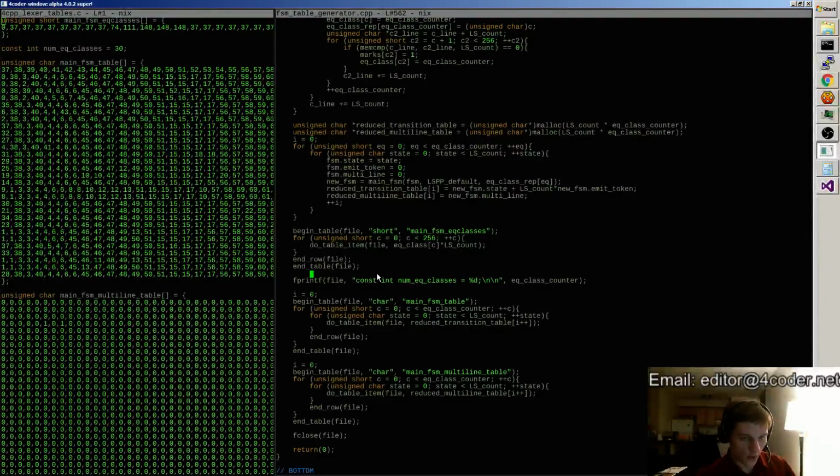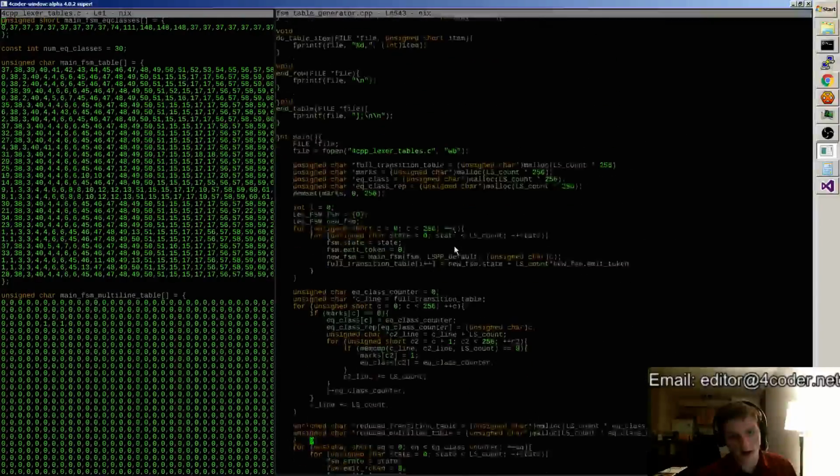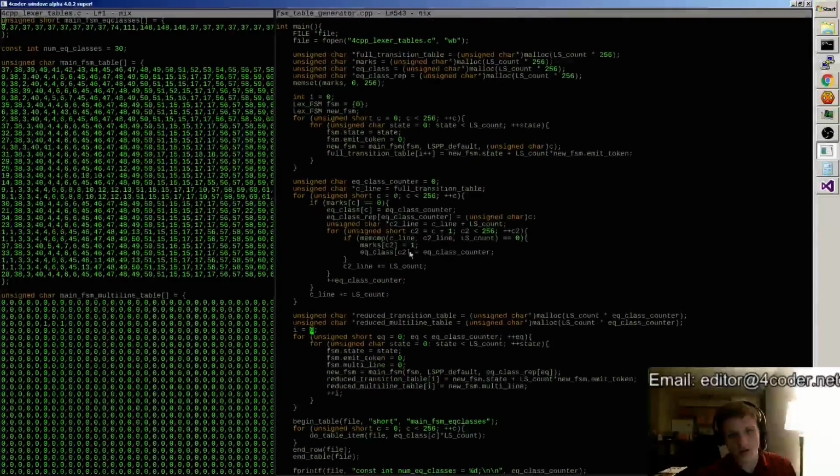Here's what I'm going to work on, and maybe we'll see some of this next week. Right now, this is only working for the default preprocessor state. It doesn't work for the whitespace skipper. It doesn't work for really the other finite state machine things that are set up. So I have one finite state machine working out of multiple finite state machines that I want to work. And so what I'm going to do now is take this code, set it up so that I can generate finite state machines using this system,